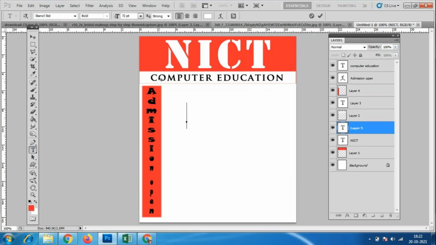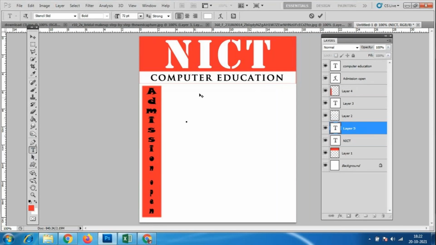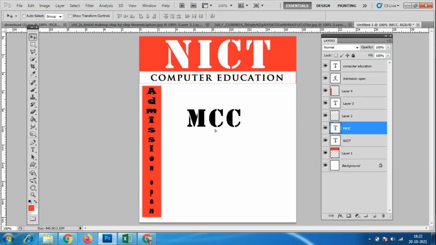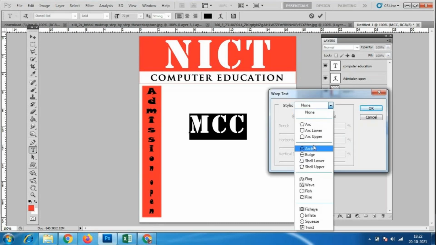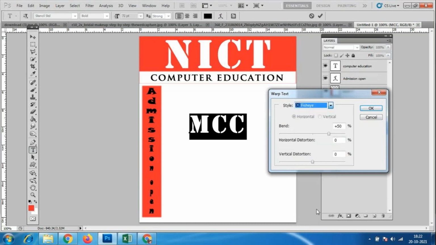Always, the text automatically comes on a different layer. Anything you type, see, is in white color, so I'll go here and choose black color. I'll click on any of the text font designs, any of the options you want.